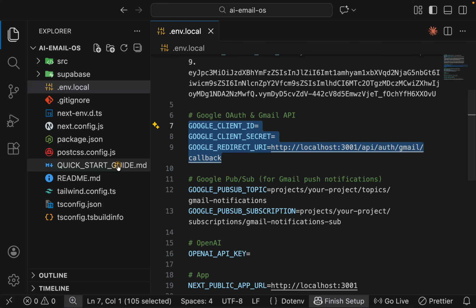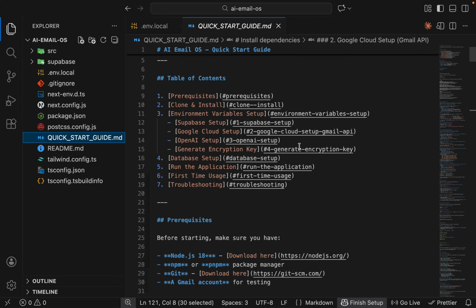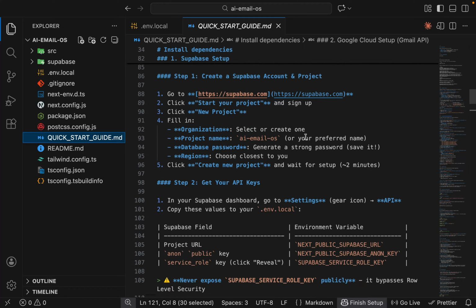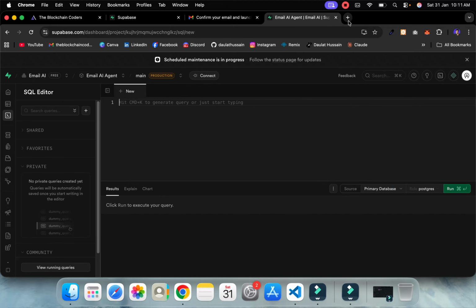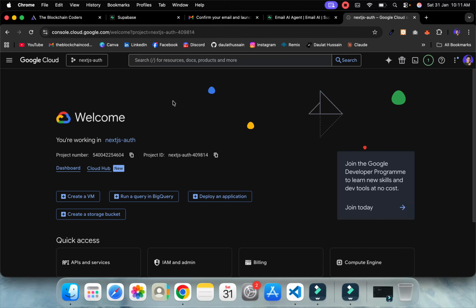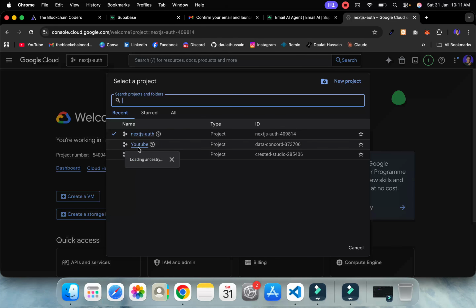So I have already given you a quick start guide. Let me zoom out a bit, and you will find here the links which I have. So I'll simply open a new tab, paste here, hit enter, and you will find that here I got it. So I already created a couple of projects. If I click here, you will find all the projects which I have created. So if you already have a project, you can use it. So this is the project which I have used in the demo, but if I want, I can create a